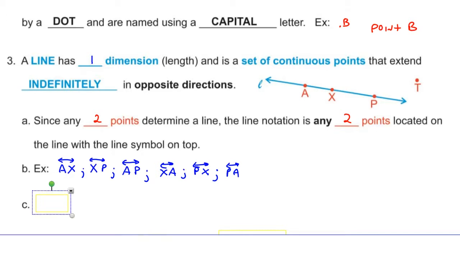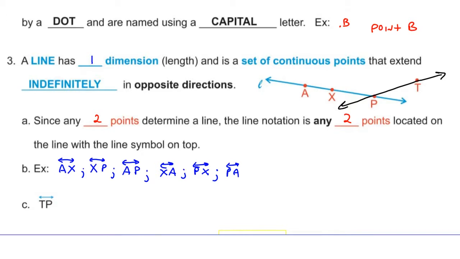Okay, so I want you to look at something here. Line TP, does that line even exist? Is there a line TP? Where is that line? Well, yes, there is. Remember, any 2 points determine a line. Now, the line's not illustrated right now, but take a straight edge. I don't have one, I have to do it freehand, but take a straight edge and draw a line through those 2 points. And wouldn't that be the line TP? Of course it would. Again, notice I put arrowheads on both ends of that line.